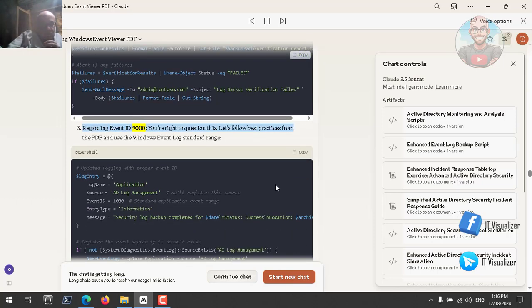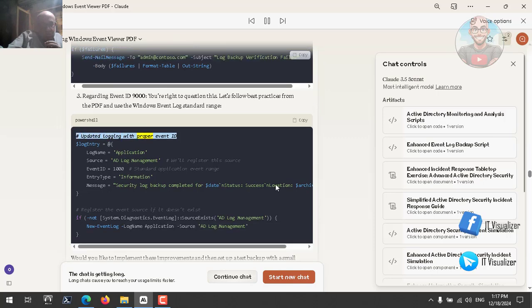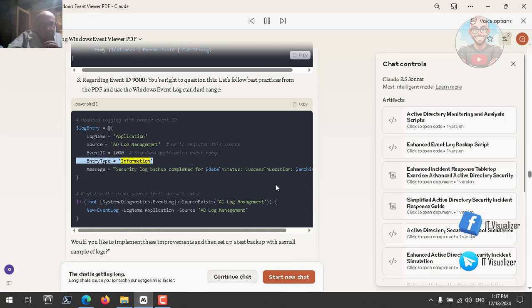Regarding event ID 9000. You're right to question this. Let's follow best practices from the PDF and use the Windows event log standard range. PowerShell: # Updated logging with proper event ID $logEntry = @{ LogName = "Application"; Source = "AD-Log-Management" # We'll register this source; EventId = 1000 # Standard application event range; EntryType =